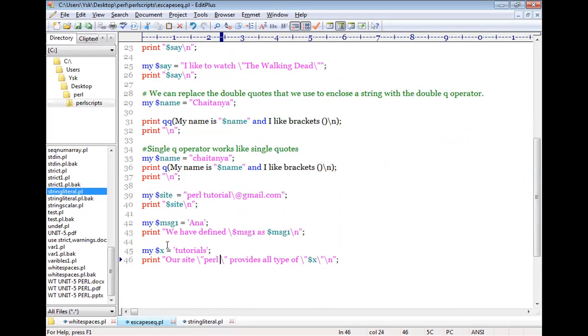So the name of this program itself will be escape sequence.pl. Try to execute this code and now try to understand what is happening if I am using the escape sequence before your string. So now for executing the code, you may choose either